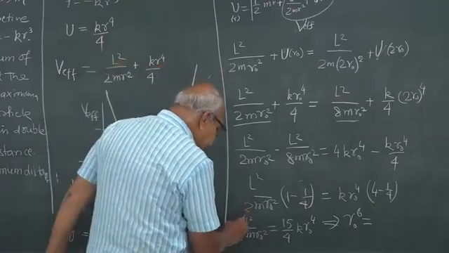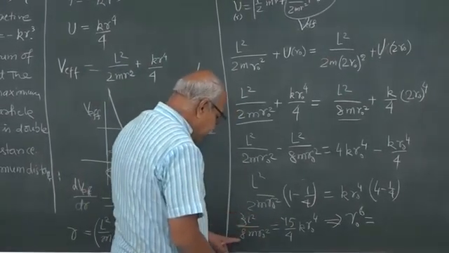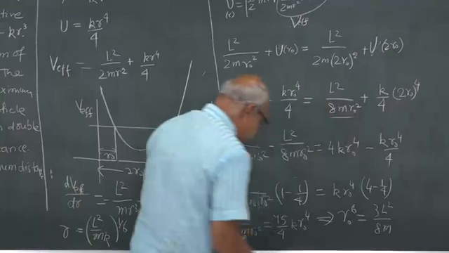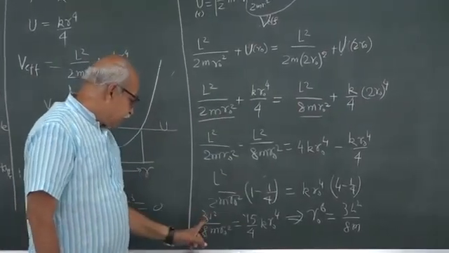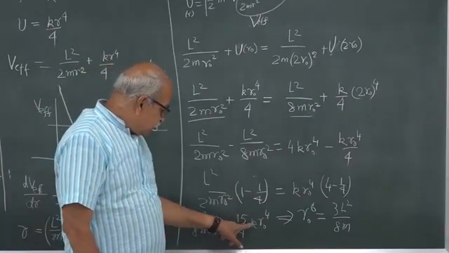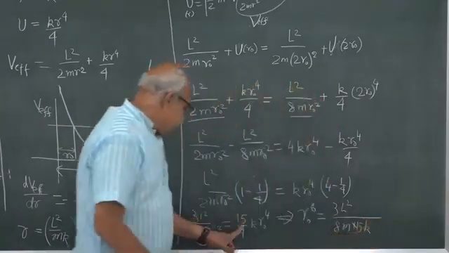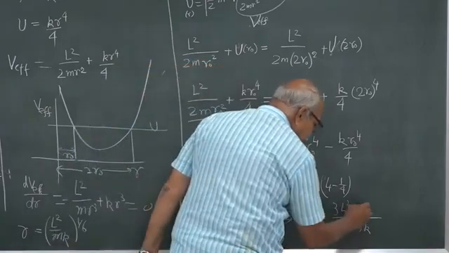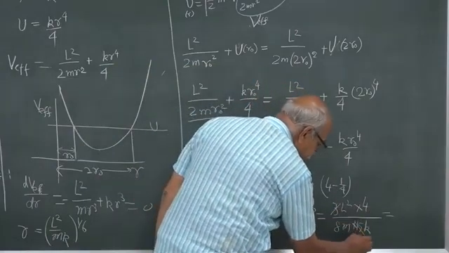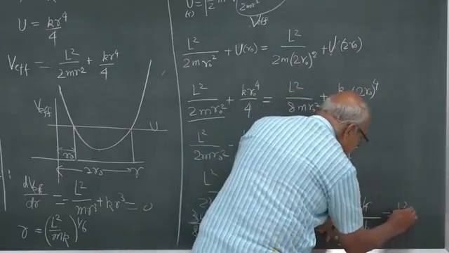Let me write. So, 3 L square by 8 m, from this side I had taken this r naught square there. And from that side I have to bring this thing. So, this 15 k will come in the denominator, and this 4 will go in the numerator. So, what will this be? 3 and 15, so 5 here, 4 and 8, so 2 here. So, it is L square divided by